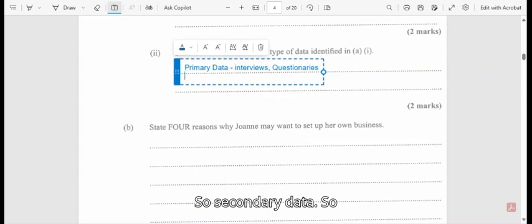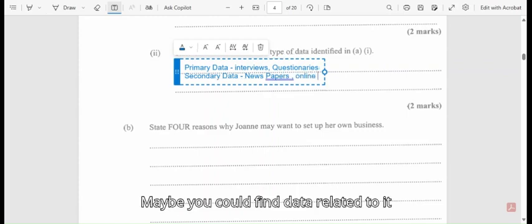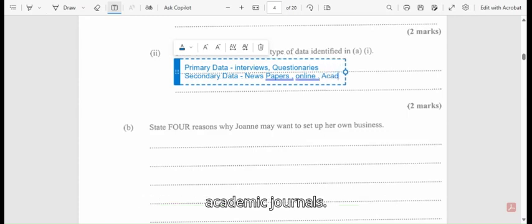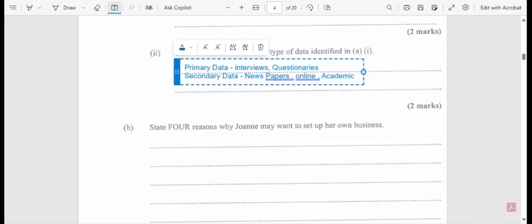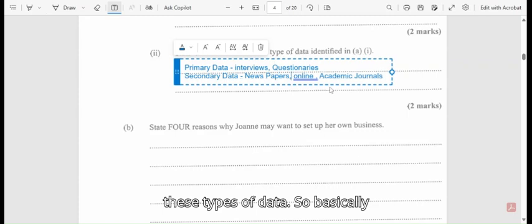So secondary data, this we could find in like newspapers. You could find this online. Maybe you could find data related to it online, or you could find it even in academic journals. So there are some places you could find these types of data. So basically,